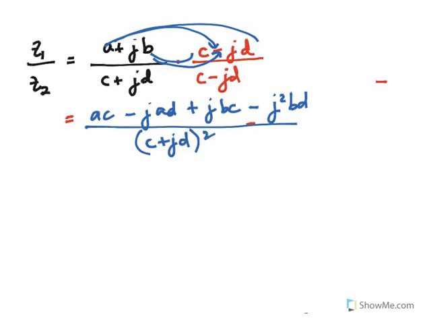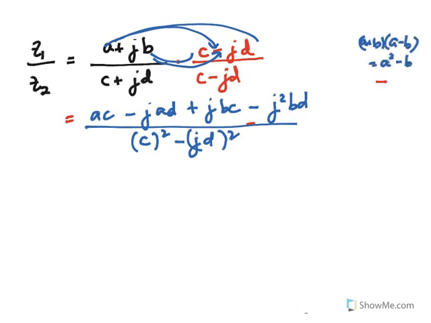When you have, no, not C plus JD squared. It's C plus JD, so times C minus JD by special product. So it's C squared minus JD squared. Okay? So recall, the product of A plus B times A minus B is A squared minus B squared. Okay? And so the product of C plus JD and C minus JD is C squared minus quantity